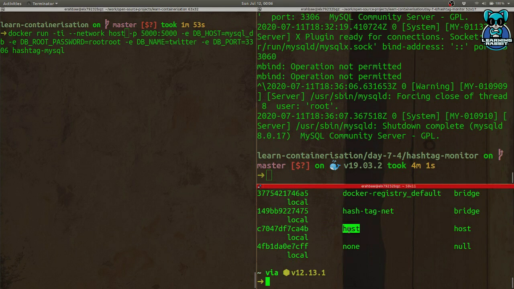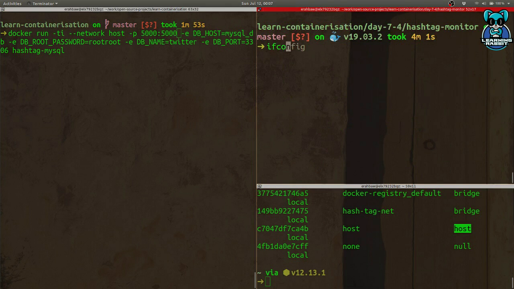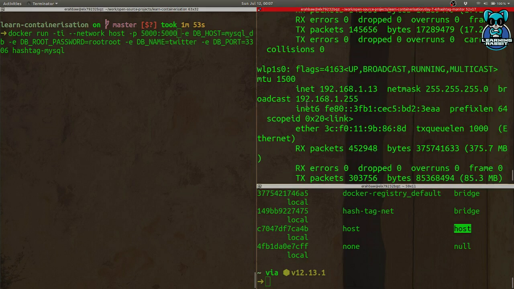So I'm providing this now. Earlier we used this, which was of type bridge. Now we're going to use host because it is of type host, and I'm going to show you host networking. And when we're using host, everything will be available to you, but there will not be any IP address for your container because you'll be sharing the network with your host. That means the machine that is running Docker, which is my laptop here, so the IP address of my laptop becomes the IP address of the container as well. So the IP address of my container, my laptop,